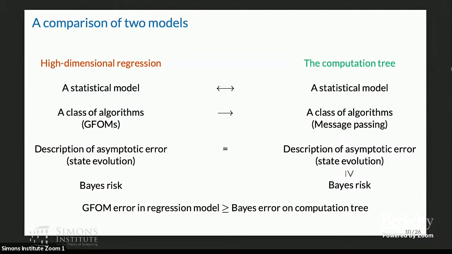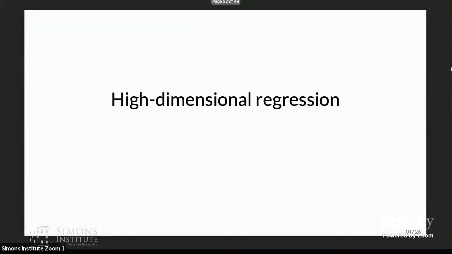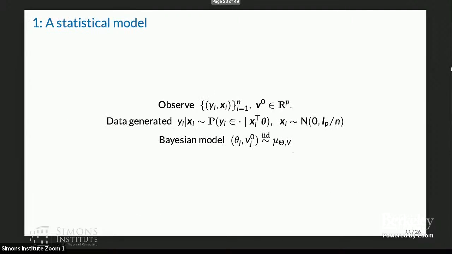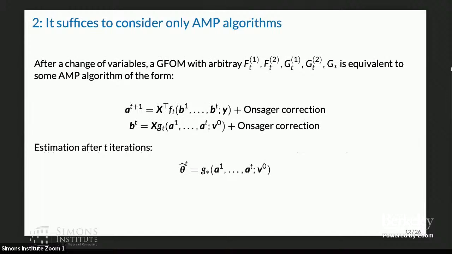Okay, so now I'm just going to go through this in a bit more detail. Okay, so high dimensional regression. So I've already told you this. This is my model, step one. Okay, so this is just a repetition of an earlier slide. I should tell you a little bit more than I've already told you about the class of algorithms in the regression model. So the main observation, which is not actually that difficult of an observation to make, is that